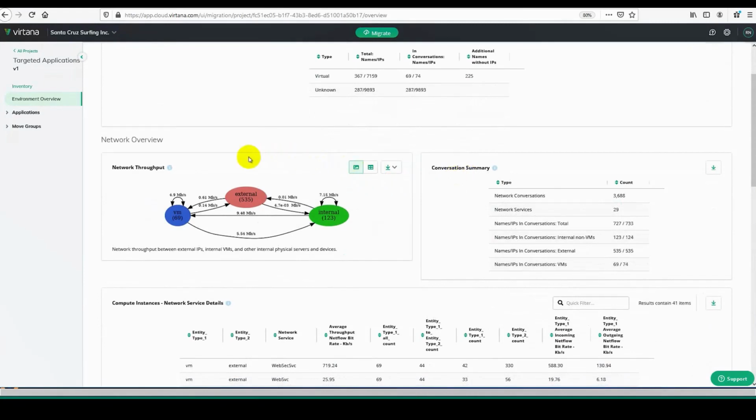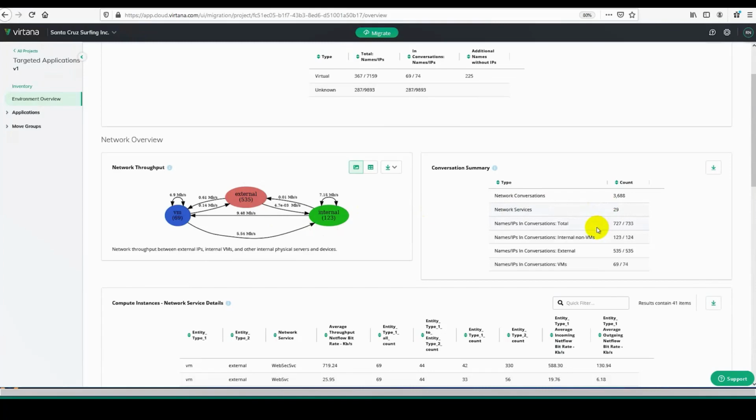The important thing to highlight is this network throughput diagram showing those 69 virtual machines targeted for migration that are part of our applications, communicating with 535 external endpoints and 123 endpoints. On the right-hand side, Virtana Migrate is showing us the network conversations,